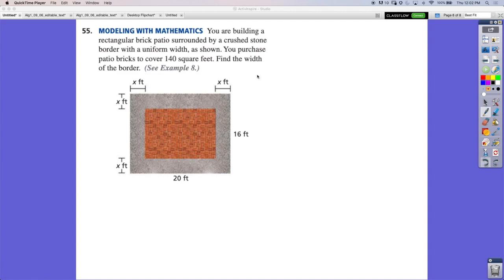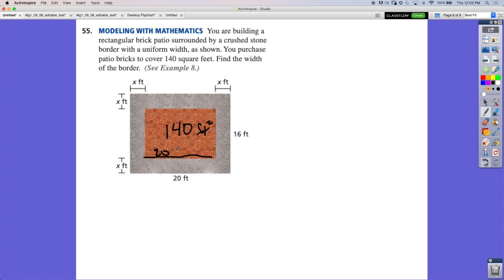Okay, so you are building a rectangular brick patio surrounded by a crushed stone border with a uniform width as shown. You purchase patio bricks that cover 140 square feet. So that means this inside here is 140 feet squared. You need to find the width of the border. So right now the border is 20. So that means from here to here, this